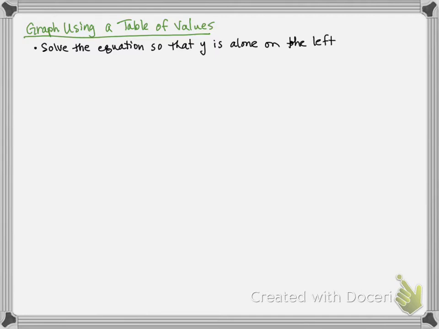Now we're going to talk about this equation later on and give it a specific name, but for our purposes, we just want to solve it that way. It's going to be far easier to do the math if we first get the y alone. And then we're going to select 3 values